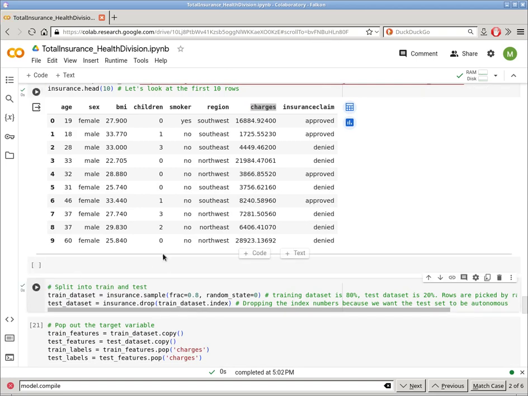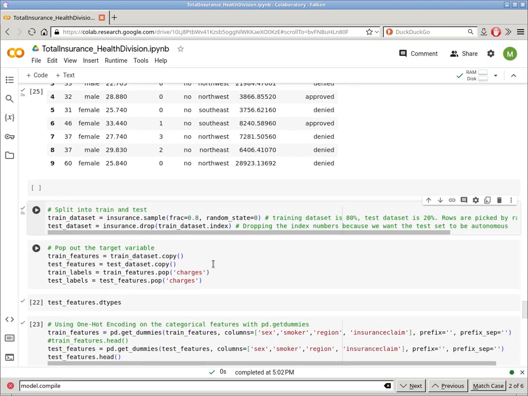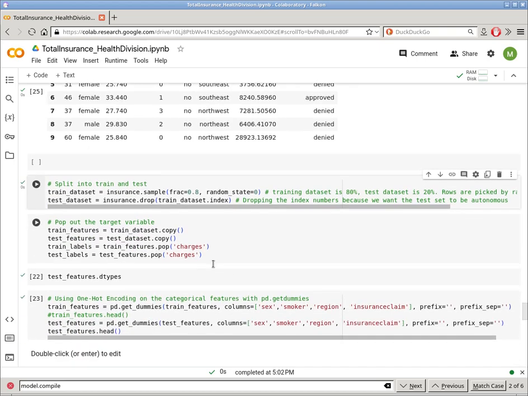Splitting it is exactly the same code. You just copy that code, and over here we're going to, as it says, pop out the target variable. And before, this was insurance claim. Okay, now it's charges,